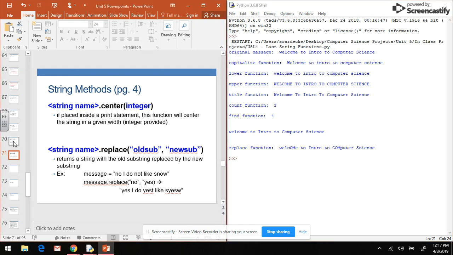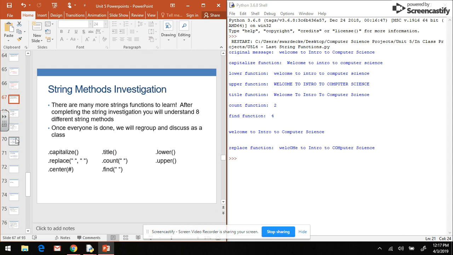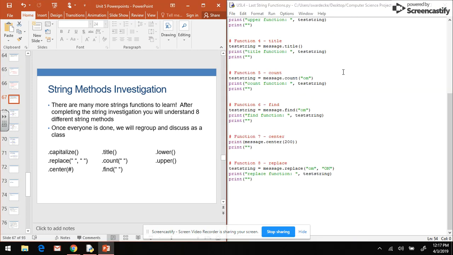Depending on your program, it might be helpful, say, to change everything to lowercase or uppercase or something like that so that you don't have to worry about people entering it in with different cases, because as you've realized, Python is case sensitive, so it does in fact matter if it's upper or lowercase. So just kind of keep that in check. Keep these in your back pocket as you work and move through different exercises that deal with